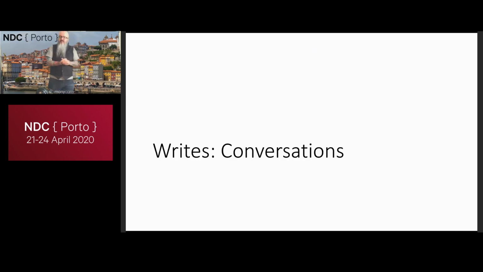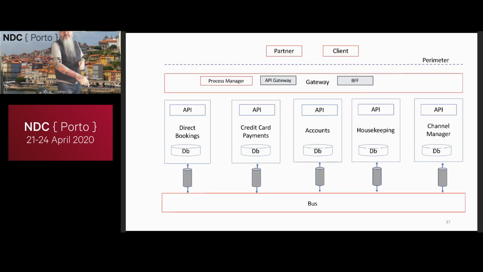All right. That's talking about reads. So roughly just remember the event carried state transfer can help you solve a lot of problems by effectively either letting you bring in the additional data you need to make your REST request slightly more informative, or it lets you build ahead of time some kind of composite view model to answer the question. If not, you may need to go to composition at the gateway layer. What about conversations? What about writes?